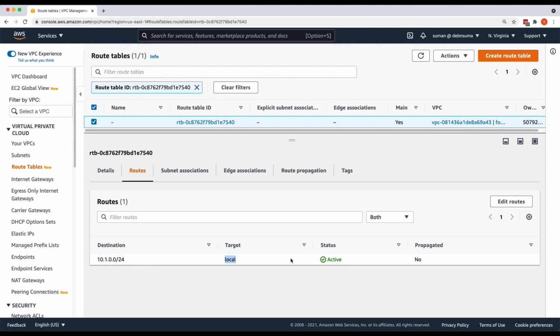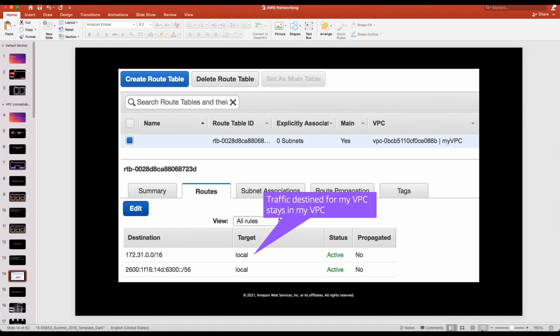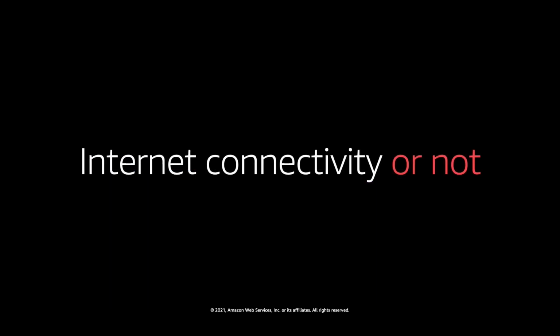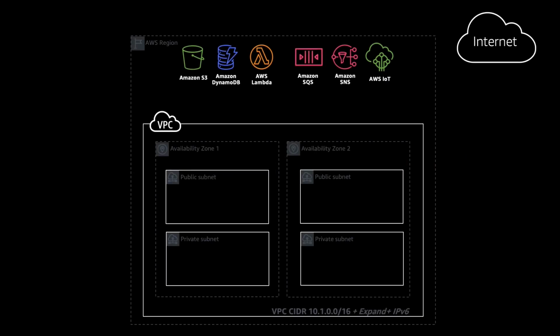If I create any subnet and then create an EC2 instance and put that into that subnet, and that subnet is within this VPC, it will not be able to access internet, right? So this is something which we are going to see next, that how you can have internet connectivity. Now let's look into this block diagram, and we will touch base on few of the very important concepts, like how you can have internet access from a private subnet or a public subnet.